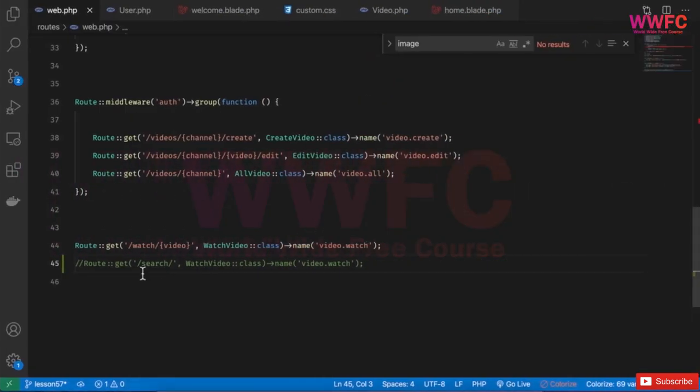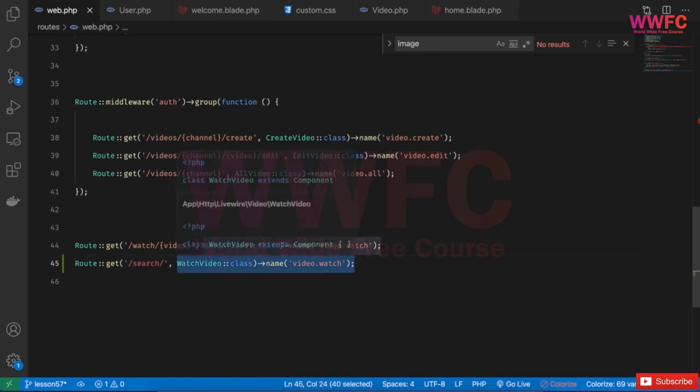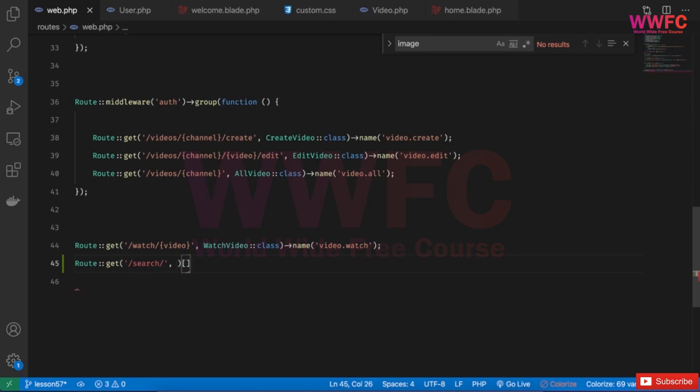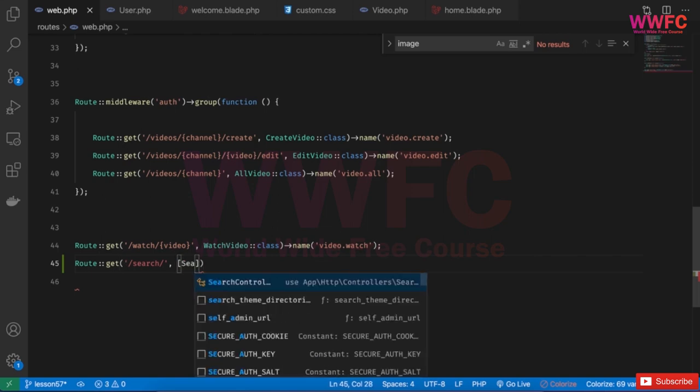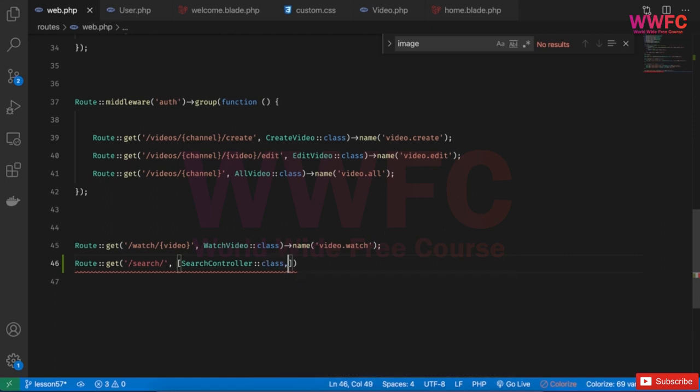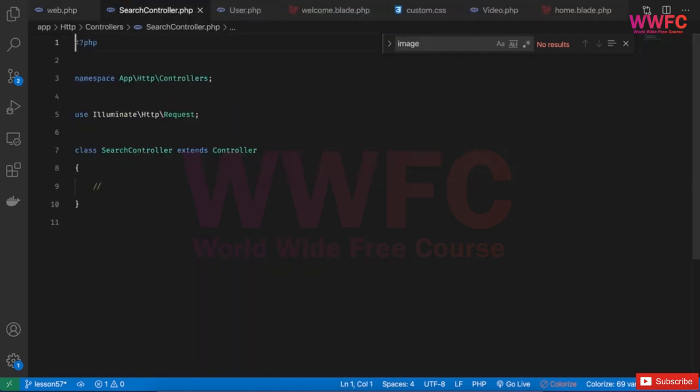And then I will go back, get anything with search, just remove this one, and it will go to the SearchController class, and then the method we can create is search. We can name it, for example, just search. So I have this route, and let me go to the search controller and build this method. Let's say, for example, now